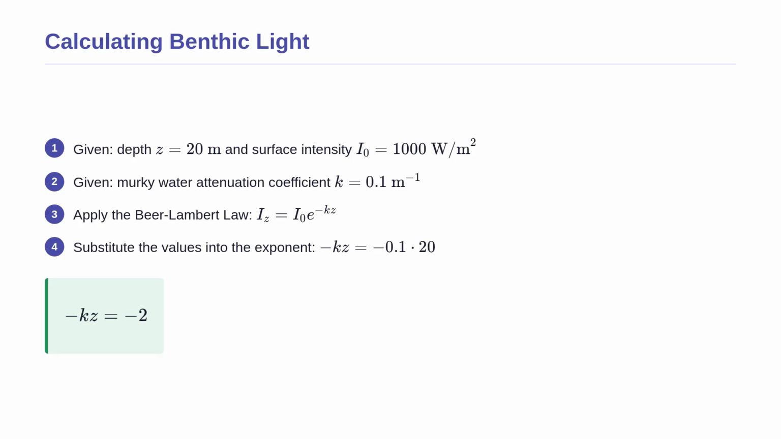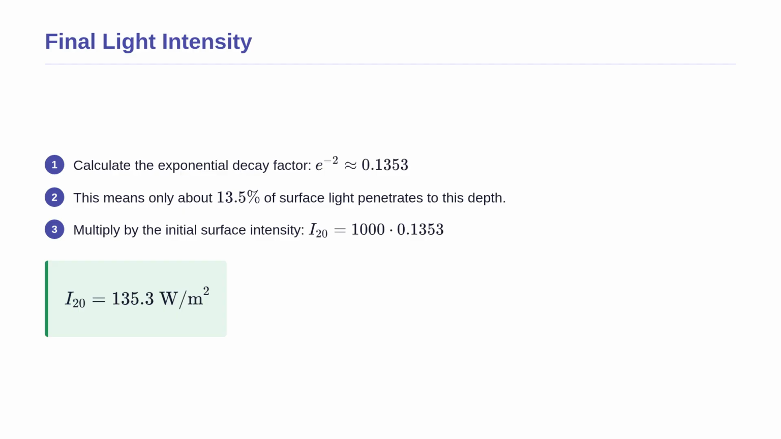First, we set up our Beer-Lambert equation and substitute our values into the exponent. We multiply negative 0.1 by the depth of 20 meters. This simplifies our exponent to -2. Now we are ready to calculate the final intensity. Continuing our calculation, we evaluate e to the power of -2. This gives us approximately